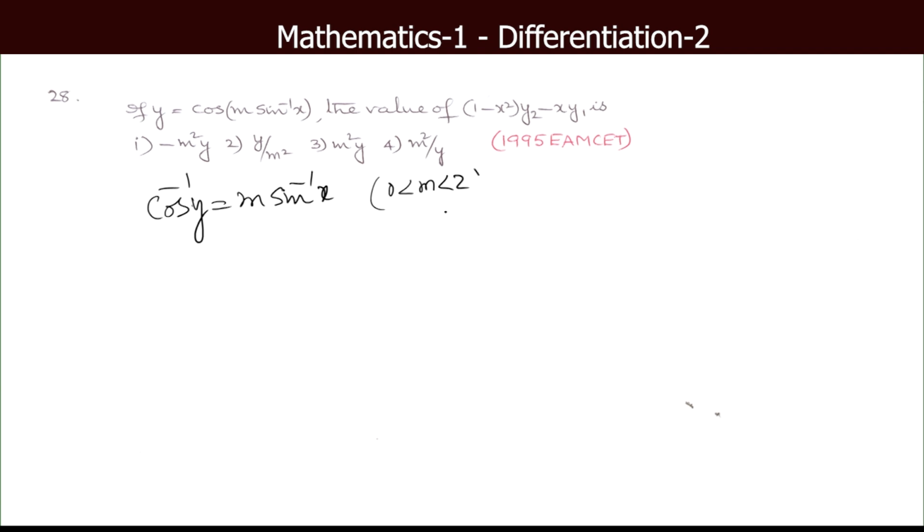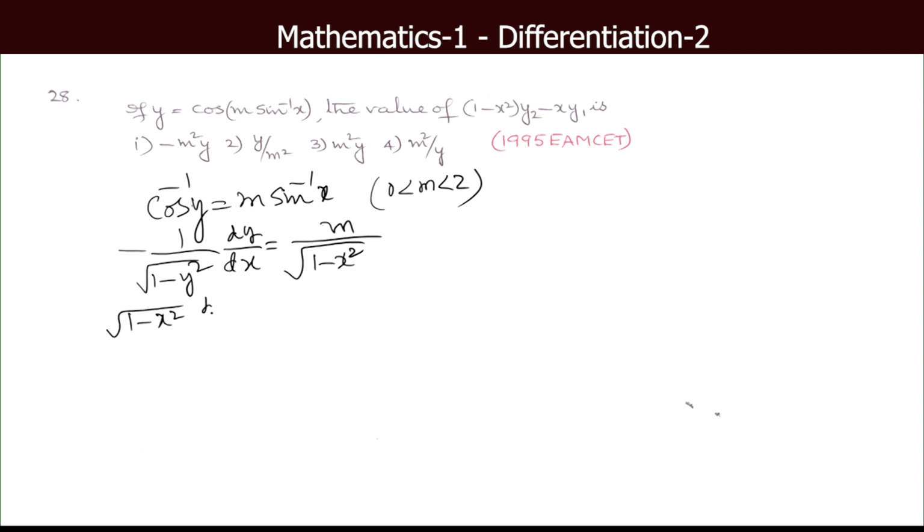Nothing is said here of course in the question about m. That should be taken for granted. Now, differentiate both sides with respect to x. Minus 1 by square root of 1 minus y square into dy dx is equal to m times derivative of sin inverse x, 1 by root of 1 minus x square. So, once differentiated, what we get is root of 1 minus x square into dy dx is equal to